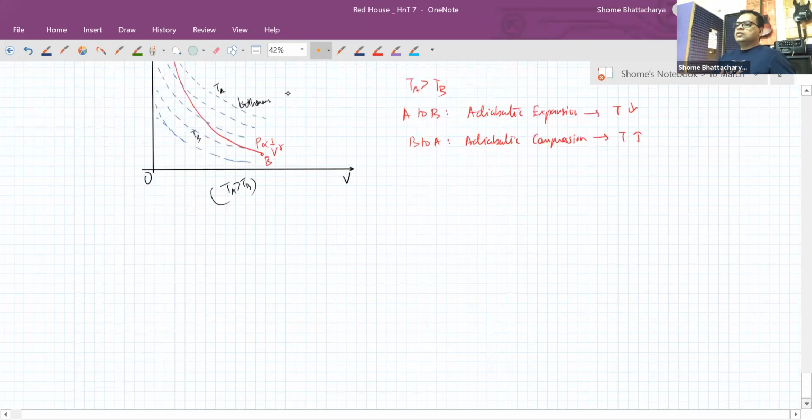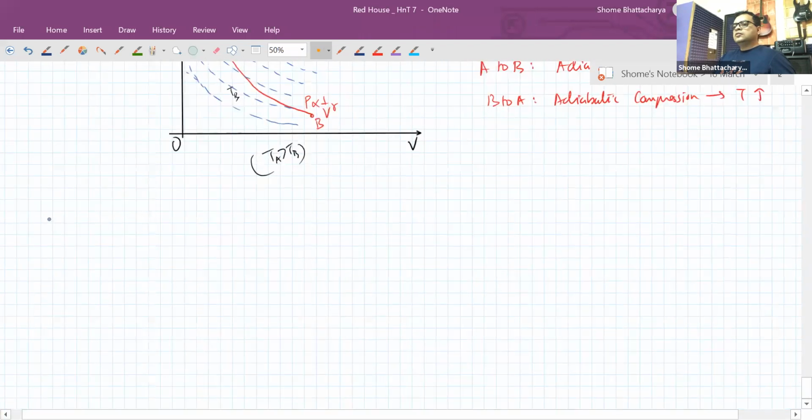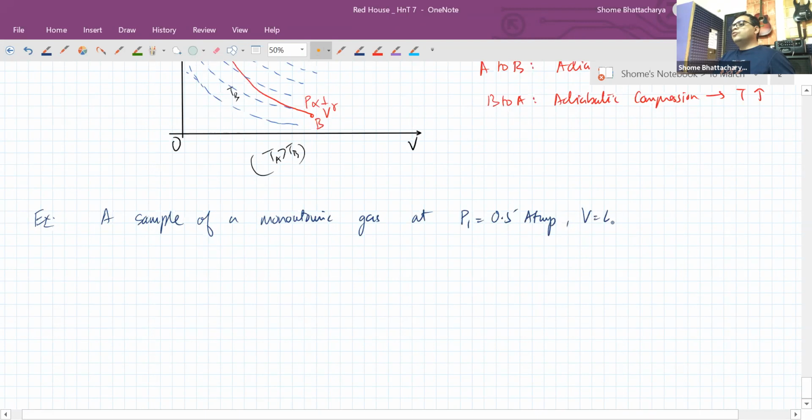Okay, so let's move on to a question next. A sample of a monoatomic gas at initial pressure of half an atmosphere, volume of 4 liters, and initial temperature of 100 Kelvin is adiabatically compressed to a volume of 0.5 liters, with pressure P2, temperature T2,